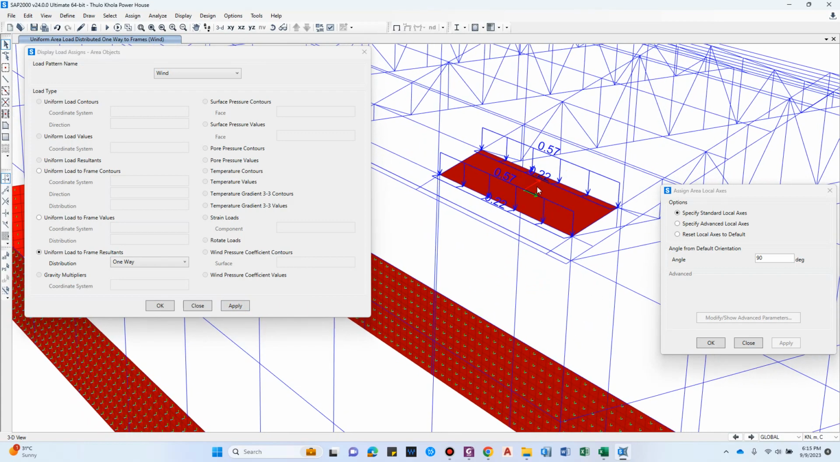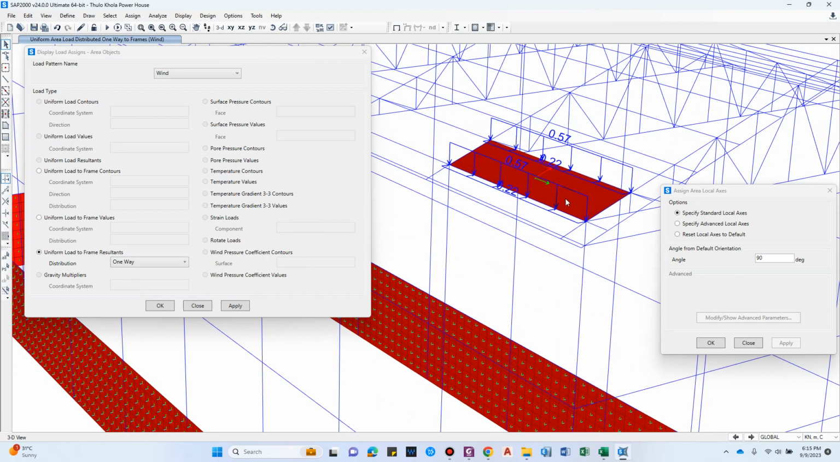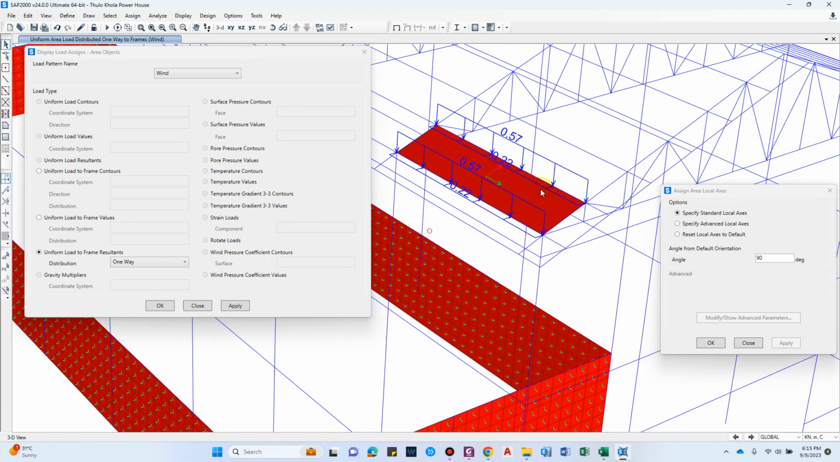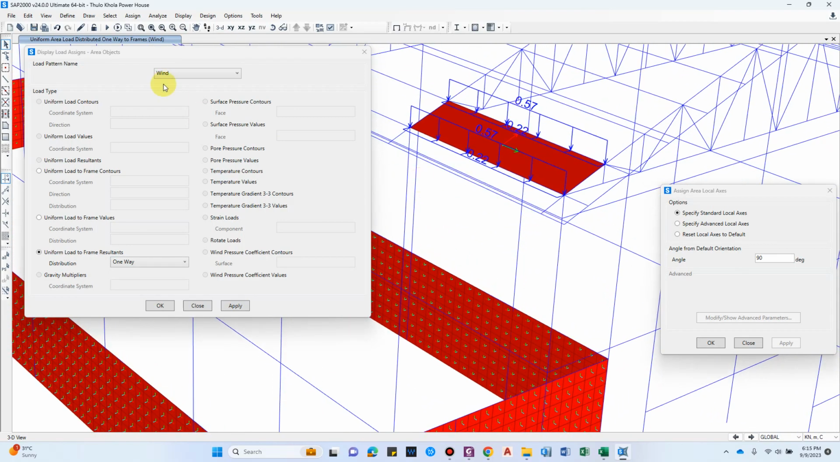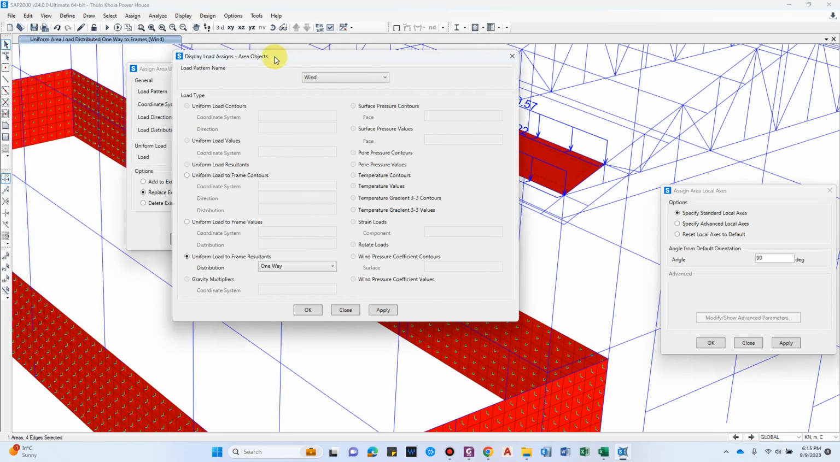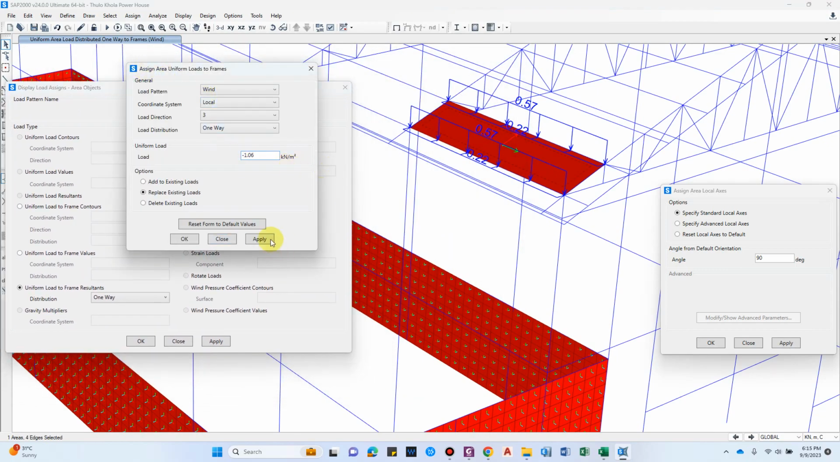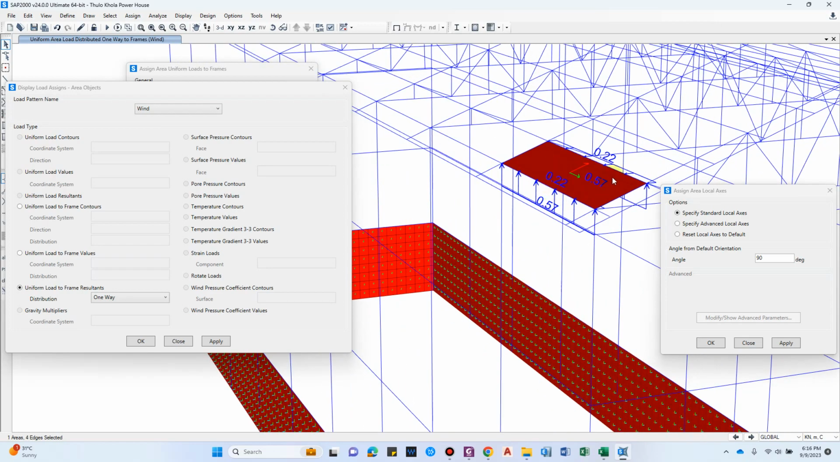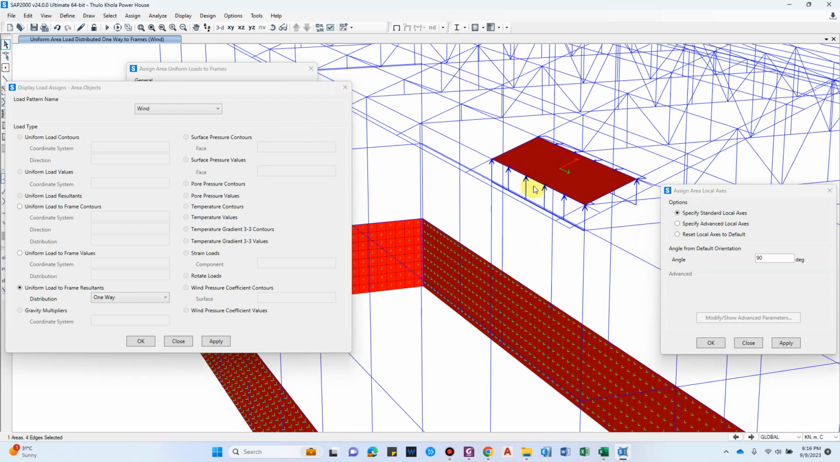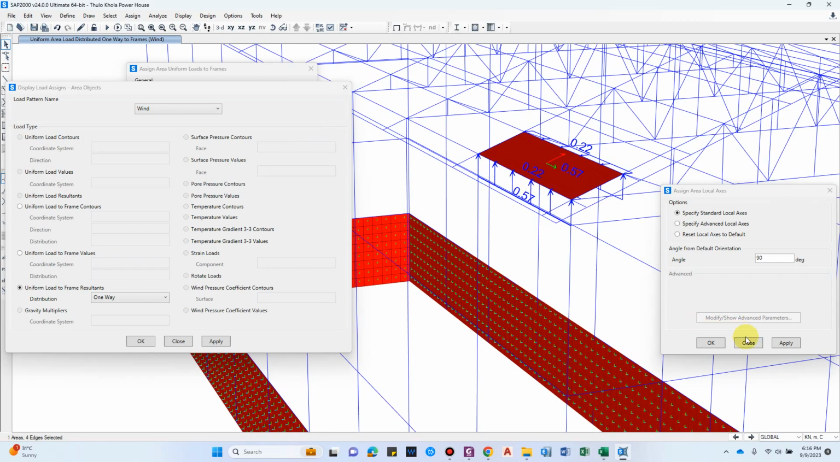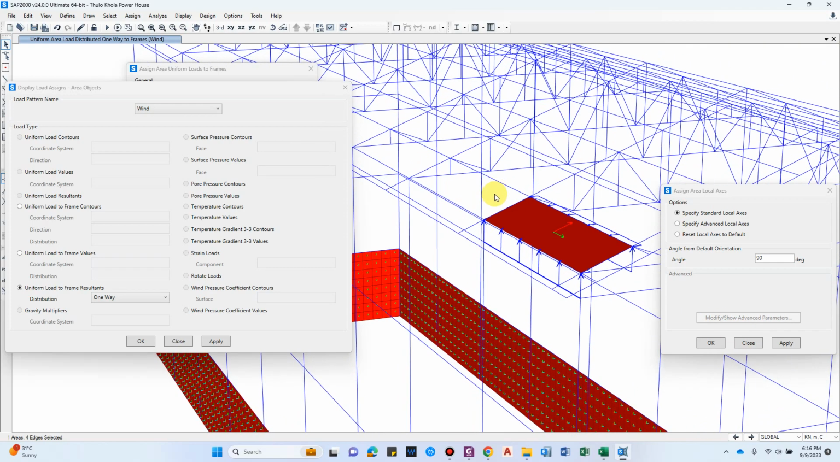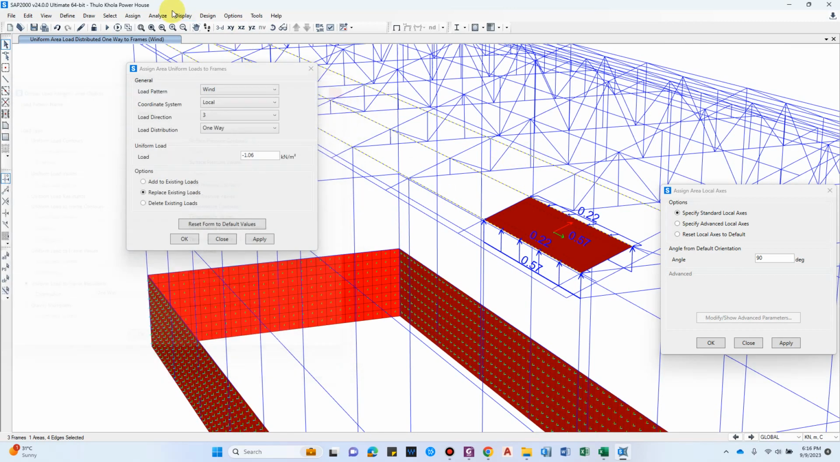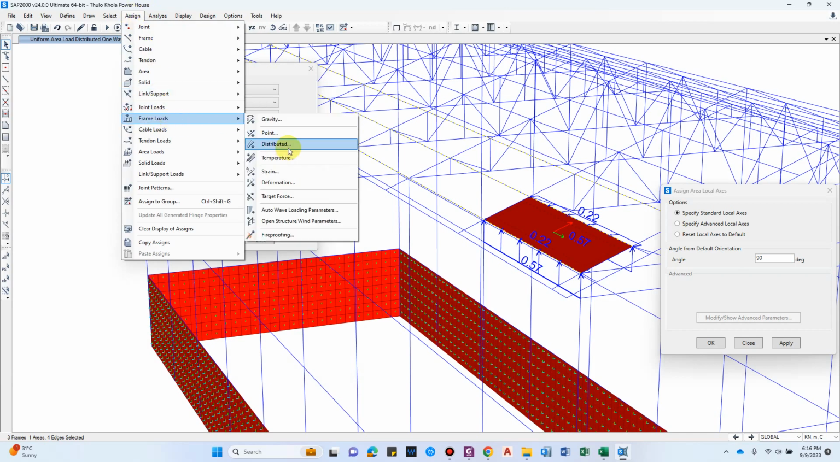Now we get the value, right? But one thing we have done wrong here is the loading. That should have been in the upward direction, because it has been resolved into two directions. So we are not getting the exact value that we wanted. So the next thing we can do is simply select the purlins, right, and then go to assign frame load,